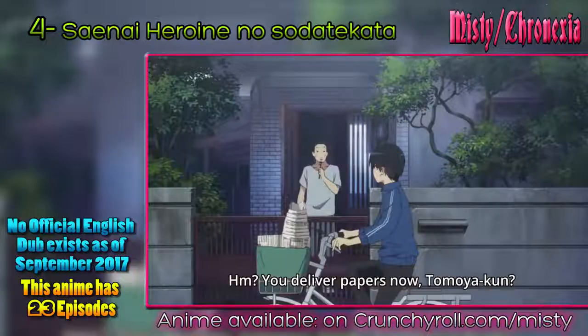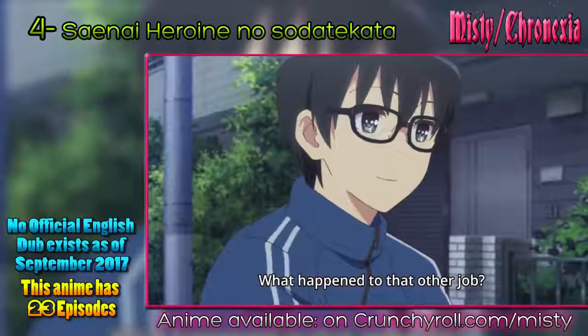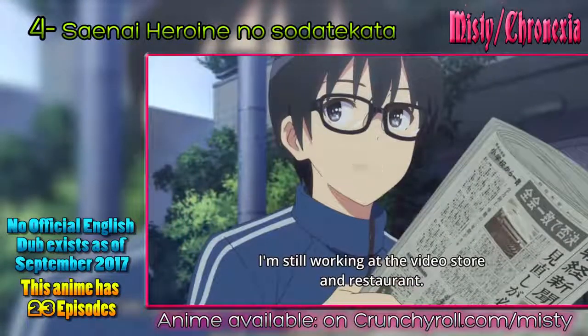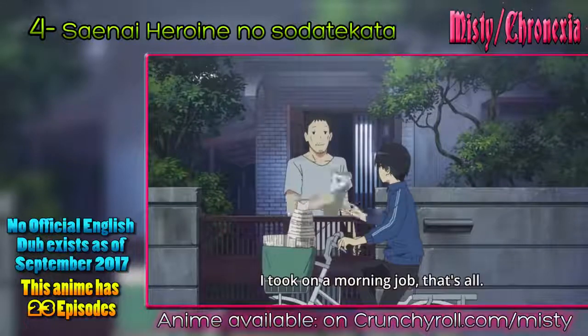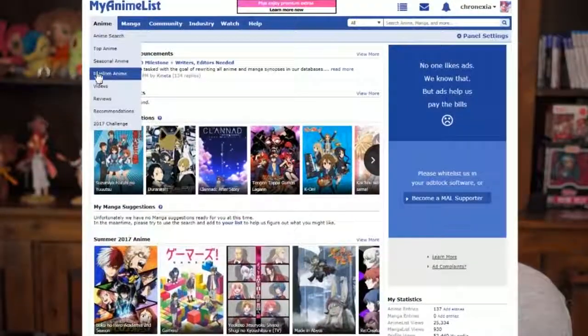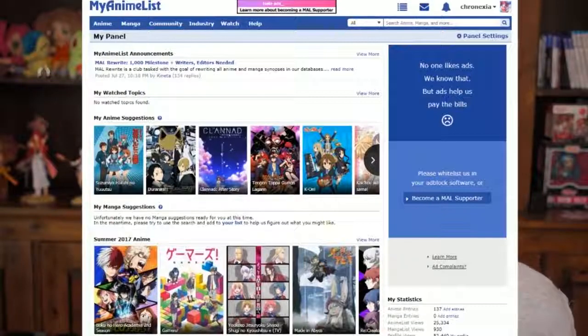今度は新聞配達かい？前やってたバイトどうしたの？ レンタルショップもファミレスも続けてるよ。朝のバイトを増やしただけ。 And provided that I know how to count, this would be the final pick for today, which is